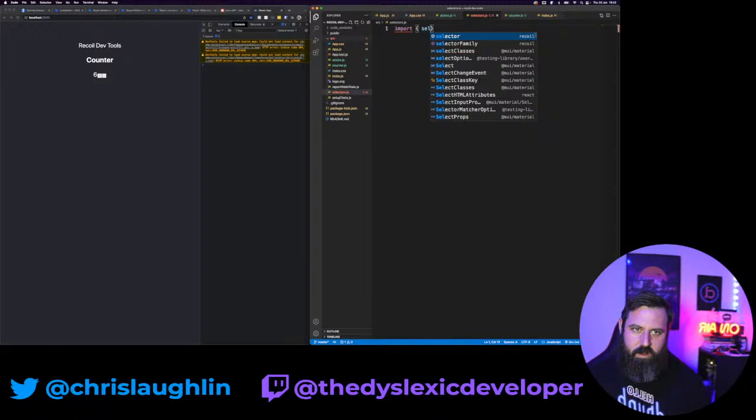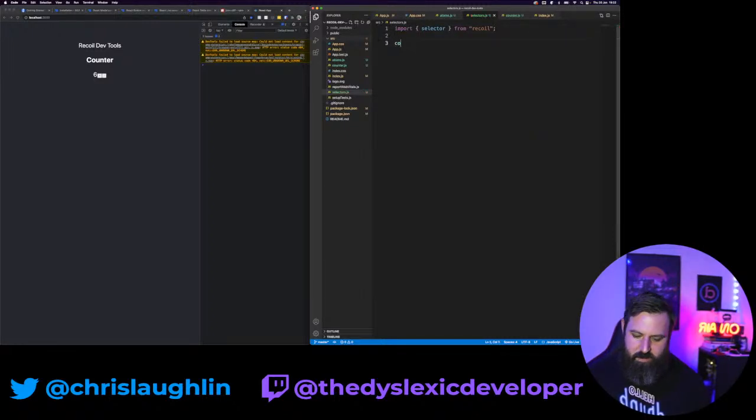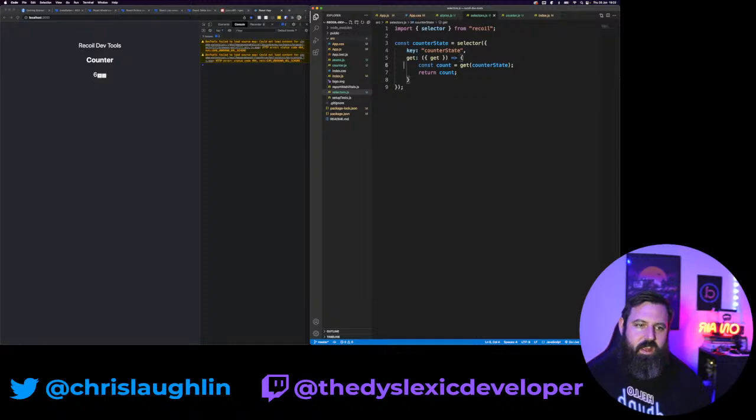Import selector from Recoil, and we're going to say const count total. We'll do count state. That's the selector, it has a key and the get method. Yeah, I think it's okay. So we get our count display, and then we have to export it. So that's fine. And if we create another component, a new file, and we'll say